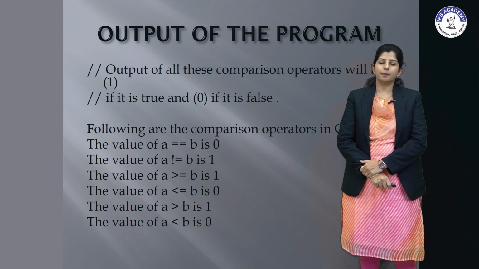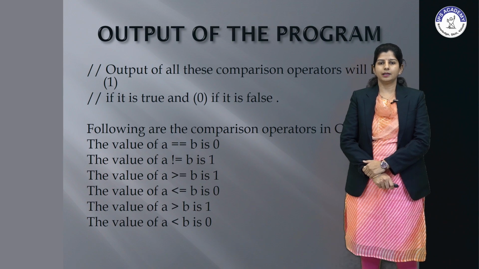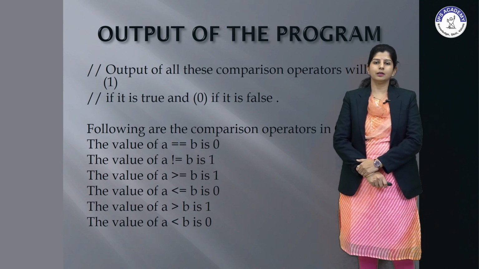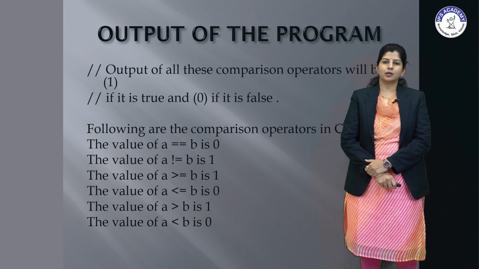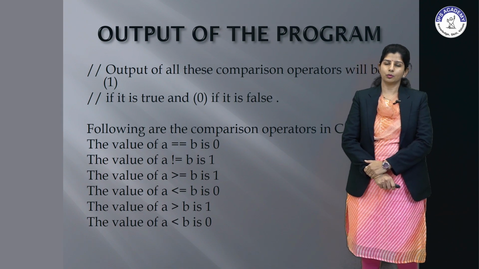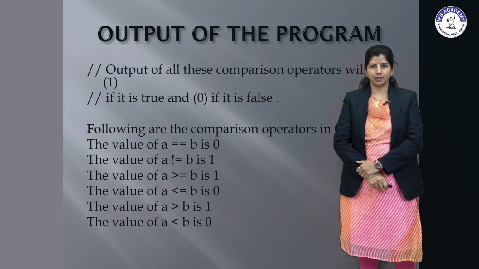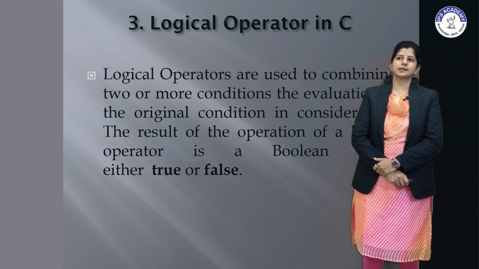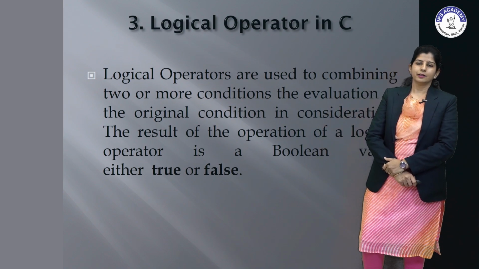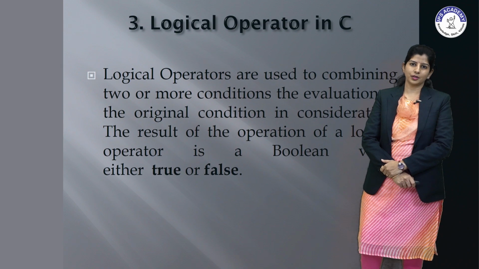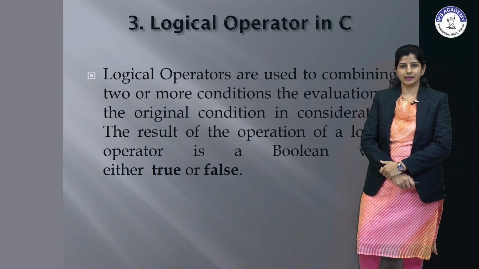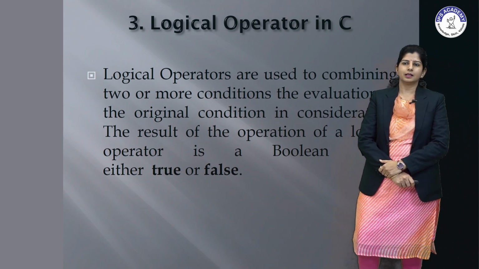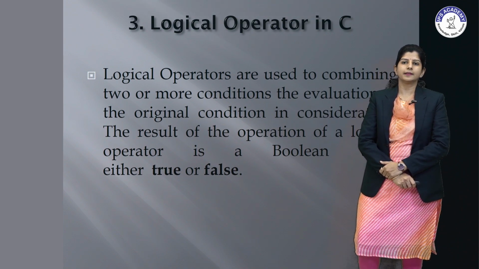It helps us to compare two variables, and with the help of it we make programs in which we want to find some comparison, and with the help of it we make different types of applications. Now we have to discuss our third operator in C, which is also very helpful for us, that is the logical operator in C. So what are logical operators? Logical operators mean a different logic is there.